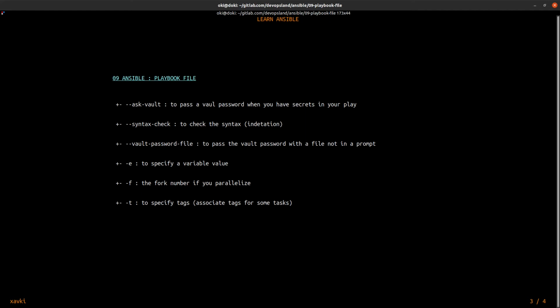Tags can be associated with some tasks, and then you run only those tasks. --flush-cache cleans the fact cache. --list-tasks lists which tasks will be launched when you do your play.